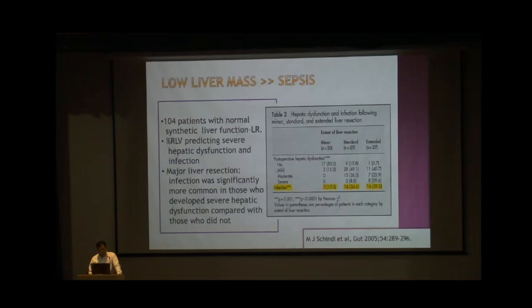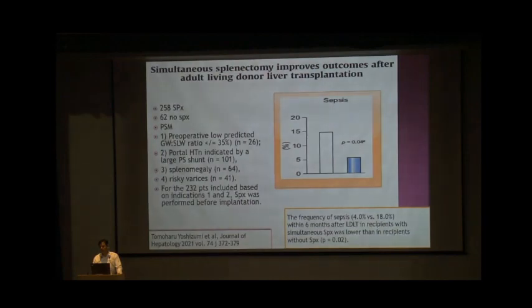And the incidence of infection in those patients with severe hepatic dysfunction was higher. So indirectly we can say low liver volume leads to increased incidence of sepsis, but we don't have much direct evidence on that. However, I would like to quote two papers in which they particularly looked into small-for-size syndrome patients,